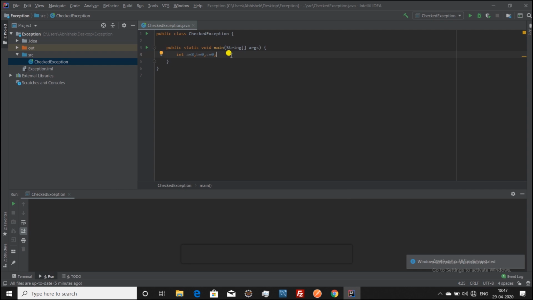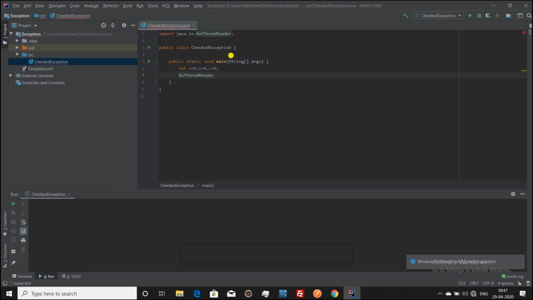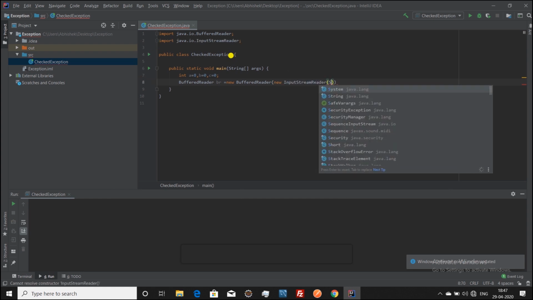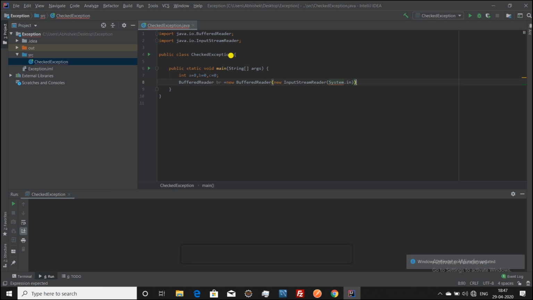Now we will use a BufferedReader to take the value from the user. So BufferedReader br is equal to new BufferedReader, InputStreamReader, System.in. This will help us take input from the user.